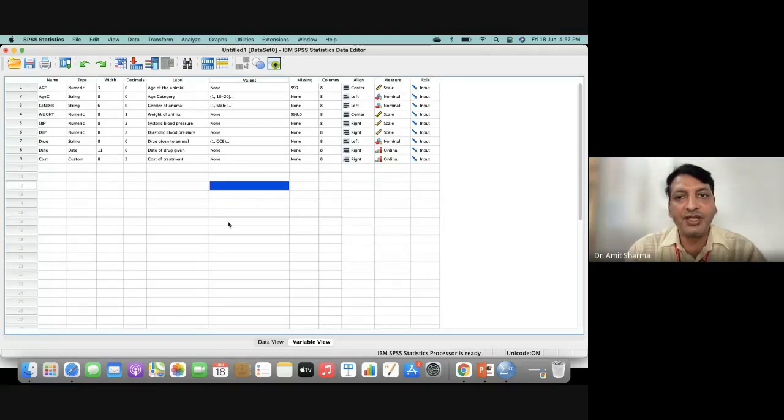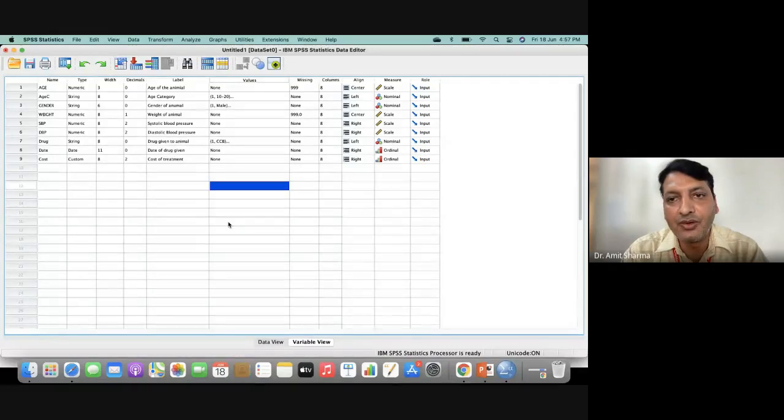Now you can see why I have kept date and cost as ordinal and age, weight, systolic blood pressure and diastolic blood pressure kept as scale. You can see the sign of scale is like a ruler, which our students use, a normal scale made of plastic or steel.